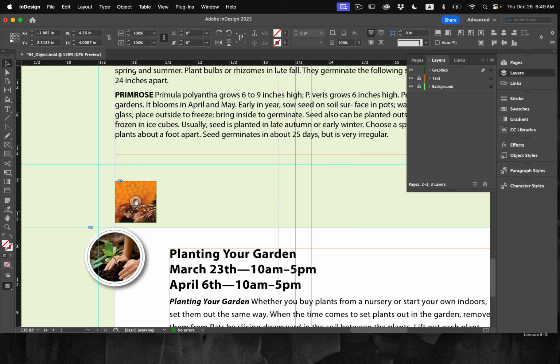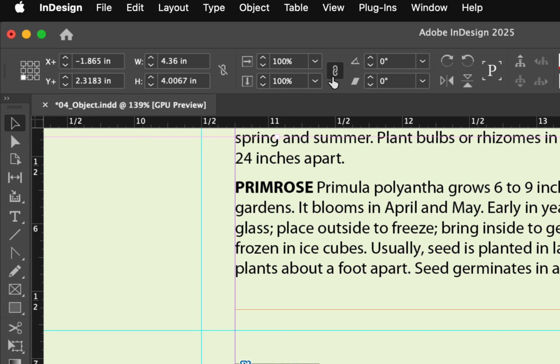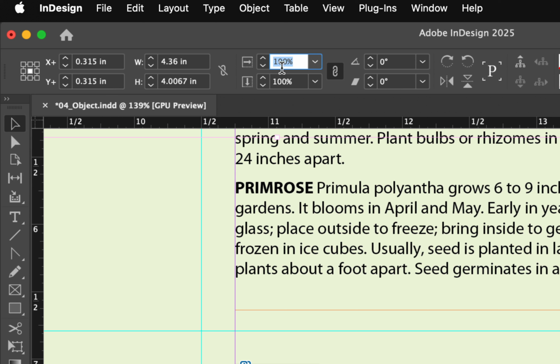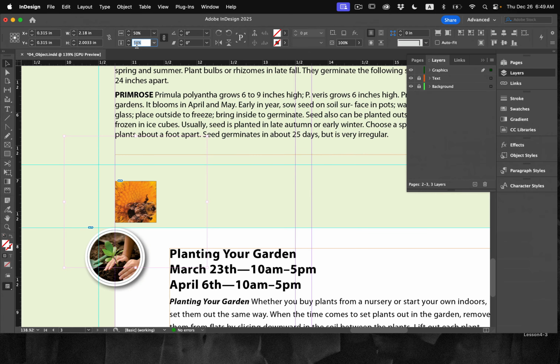Now that it's centered inside of it, let's choose our options up here at the top. With both of those linked together, we'll set this to be our center reference point. There we go. And now let's scale it down to be about 50%. When I hit Tab, you can see how it automatically scales down to be inside of there as well too, and it's scaling from the center point. Now with the picture still selected, you may have to hit the Escape key and make sure the frame is